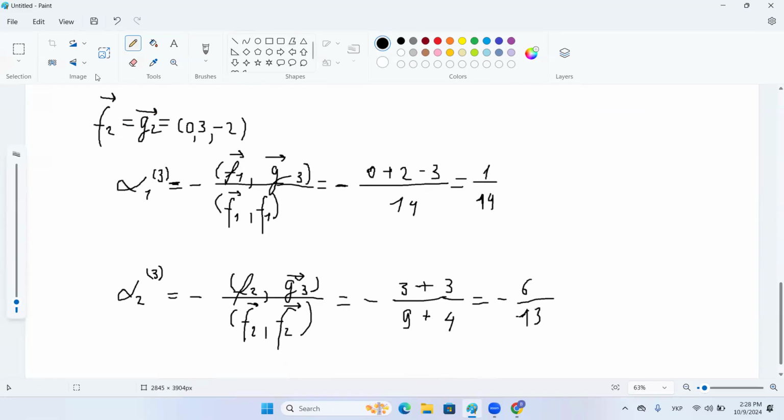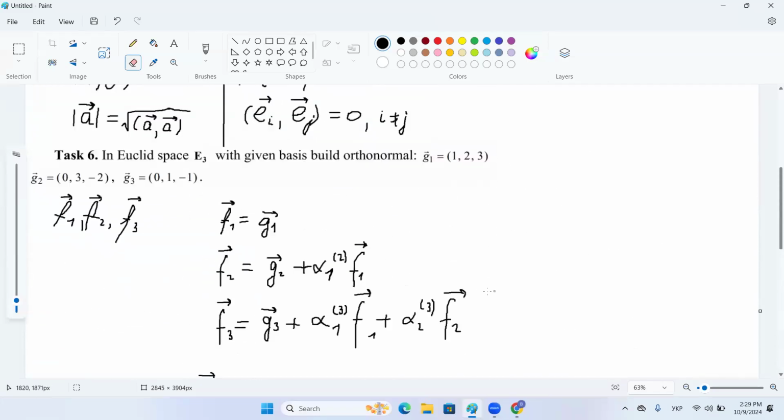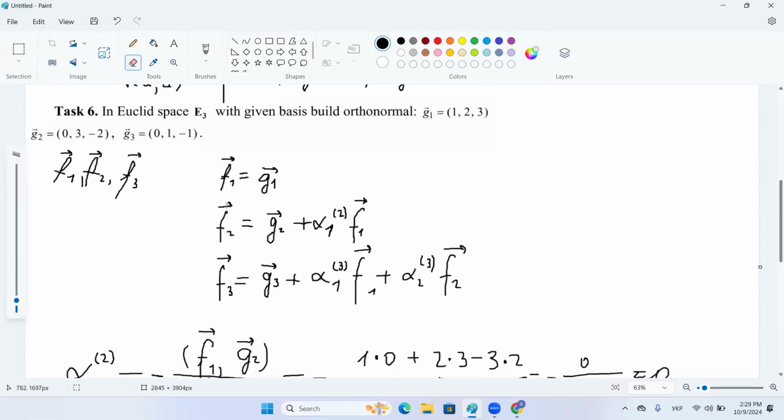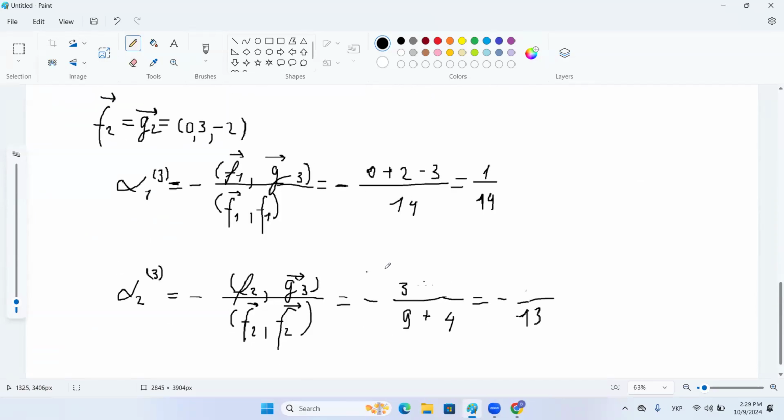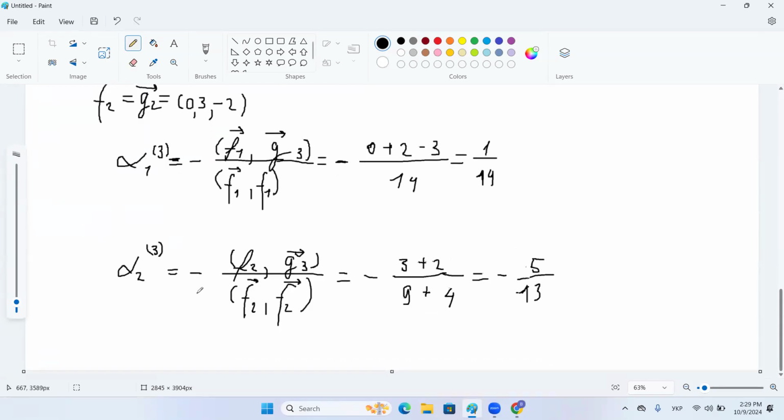Yeah, we need to correct it. Minus 5 divided by 13. And our